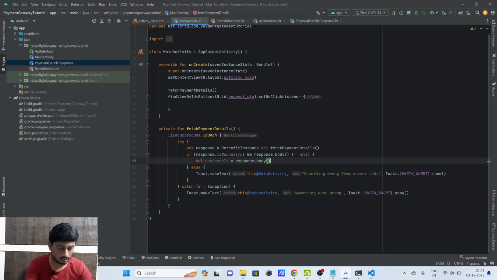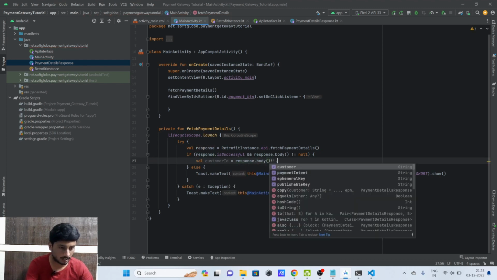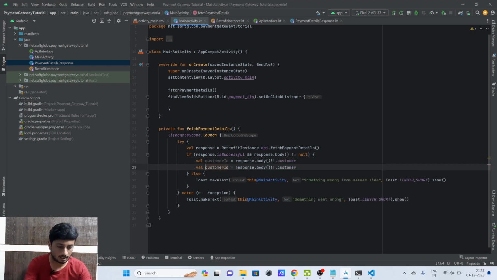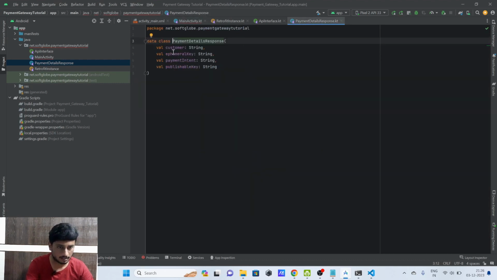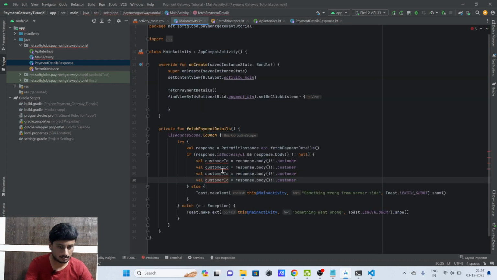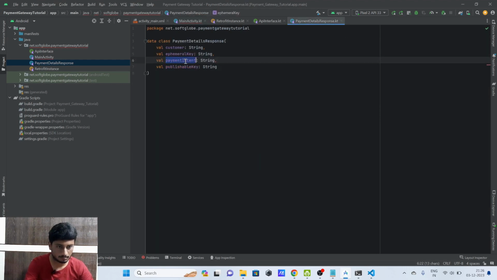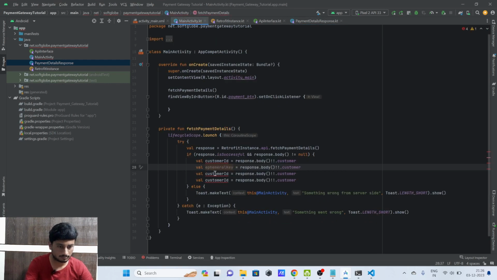We have to assert it as not null, and then we are able to access the fields inside it. Customer, and there are 4 fields, so I am duplicating those. Customer ID, ephemeral key, payment intent, sorry,